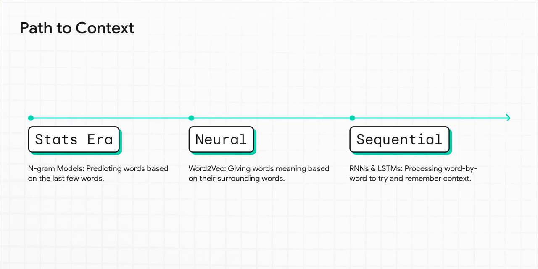Yeah, the evolution here really happened in stages. At first, you had these pretty simple statistical models. Their whole job was just to guess the next word based on the last couple of words. Kind of basic. Then things got a little smarter, with early neural nets that could figure out a word's meaning from its neighbors. But the real leap forward came with what are called sequential models, like RNNs. The idea was great. They were designed to read a sentence word by word, just like we do, trying to keep a sort of running memory of what was just said.